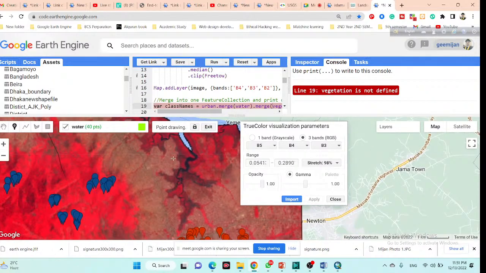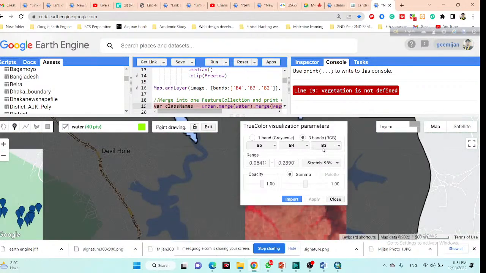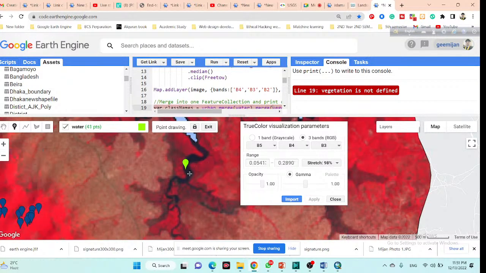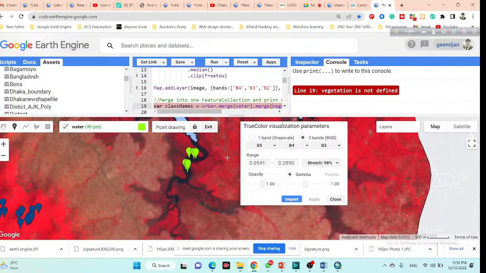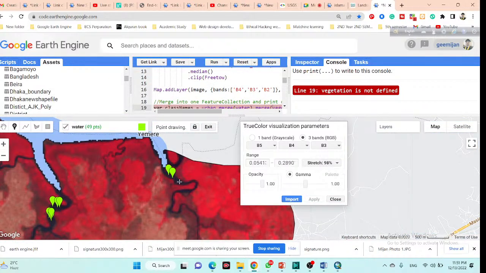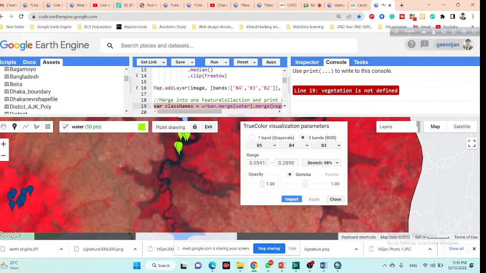Suppose you can see this time when you use this band combination, the water body is showing as a black color. Okay, the water body is showing as a black color whenever you use this band combination. So I simply take the black color water body training points also. I take this black color. Okay. So this time you can see I simply take the training points,